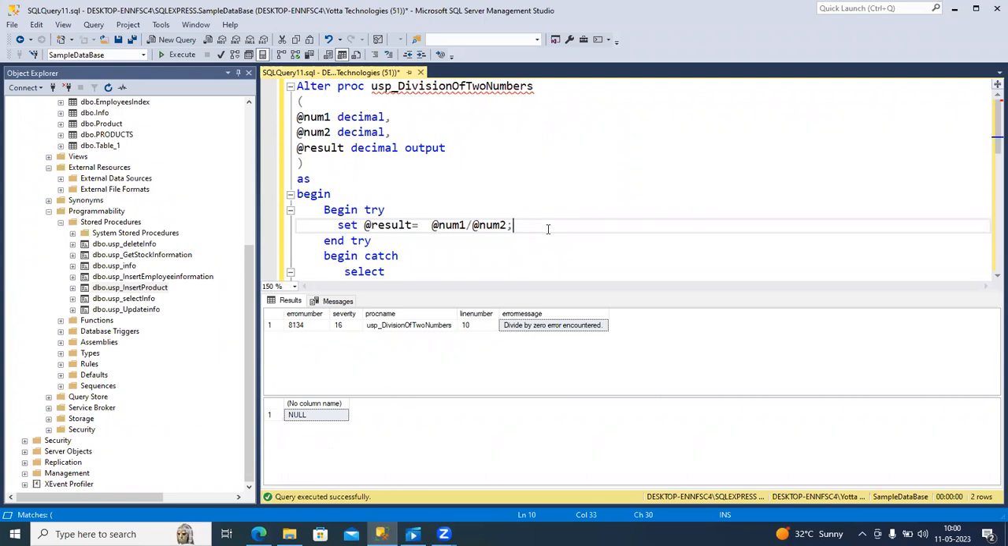Generally, in the real scenarios, what we do is, if there is any error, we will be inserting it into a separate table, because